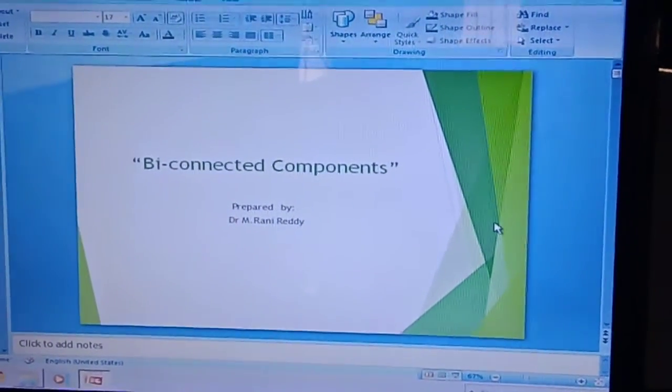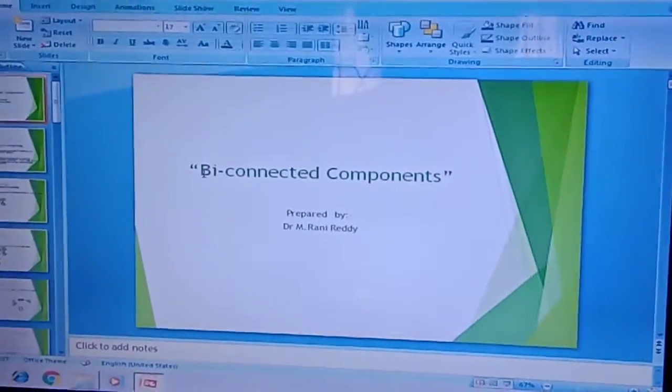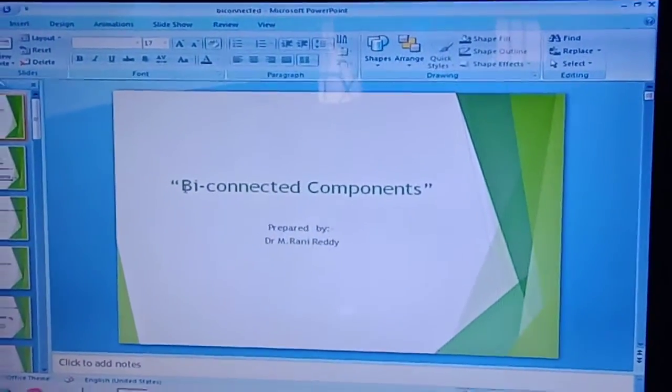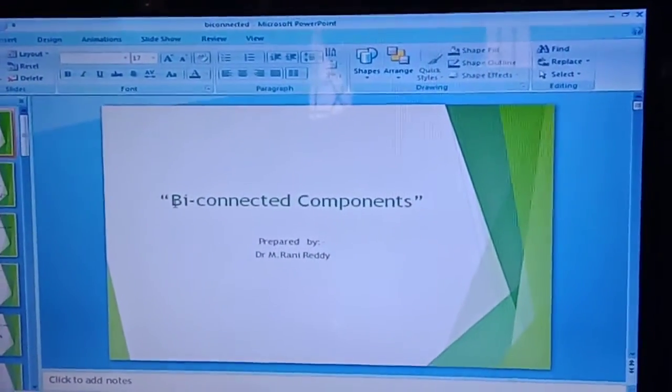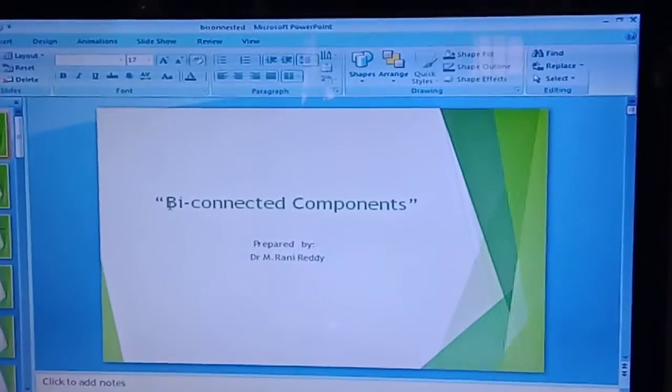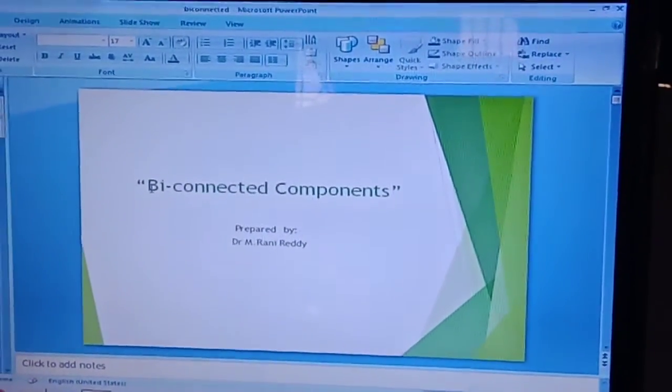Next, coming to bi-connected components. Bi-connected components means the components which are connected dually with one another, with a dual connection. That is, a bilateral connection having each vertex connected with more than one edge.